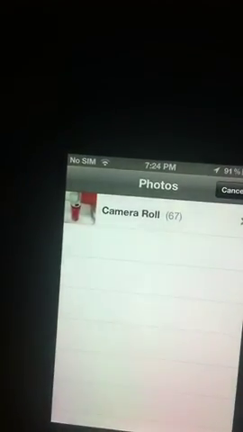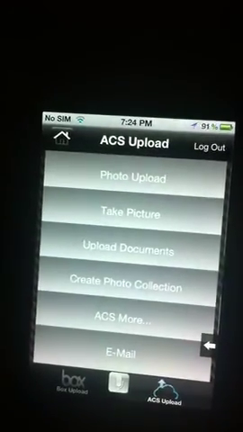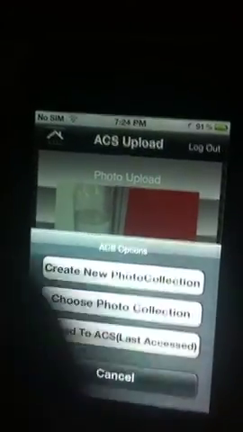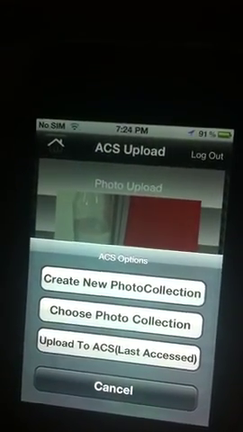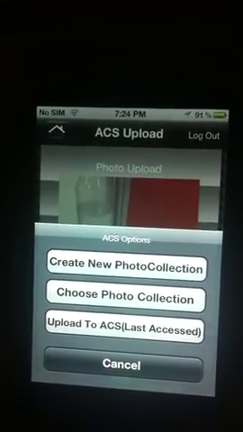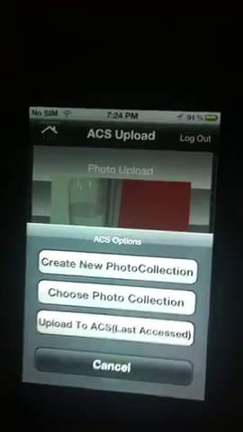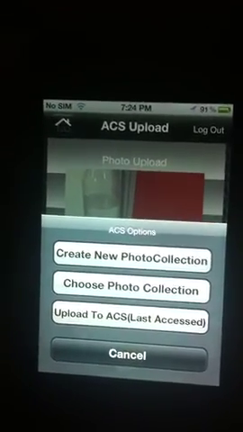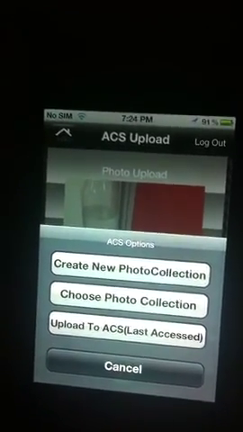I say upload a photo to Appsulator Cloud. I'm having some good photo. Let's say, oh, I got a Coke can. I'm having a preview here also. Now I can choose a photo collection, or maybe I want to create some new album where all my friends, family's photo will be there. So it's up to the person.